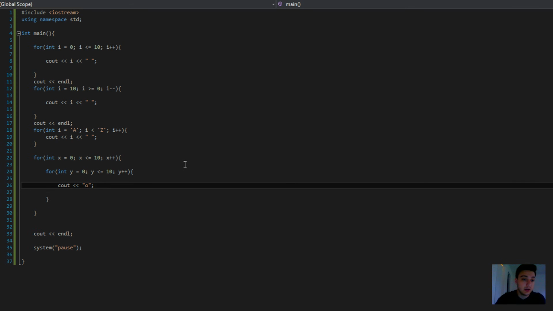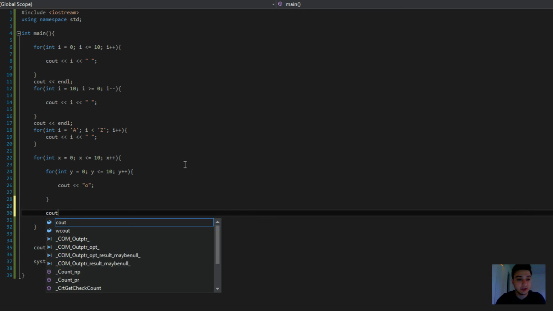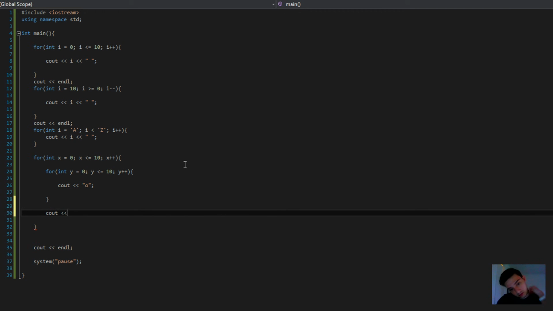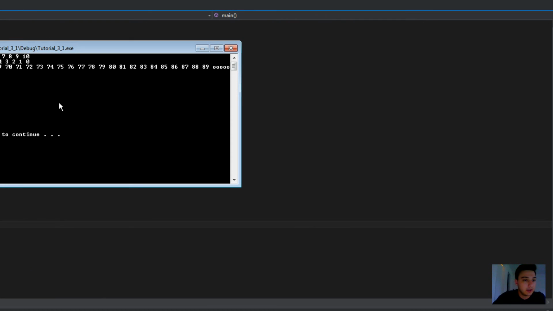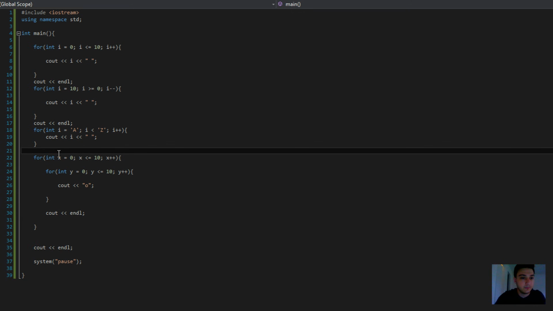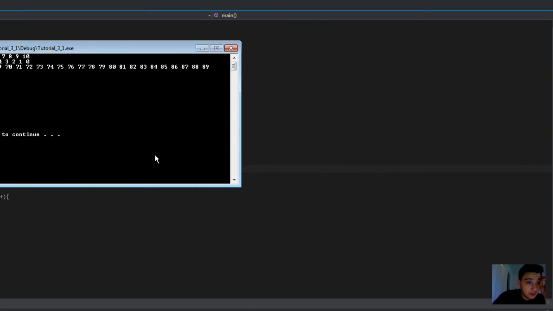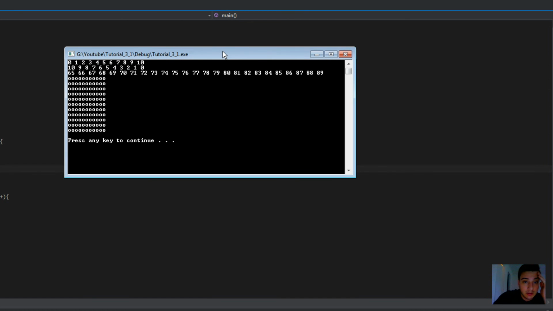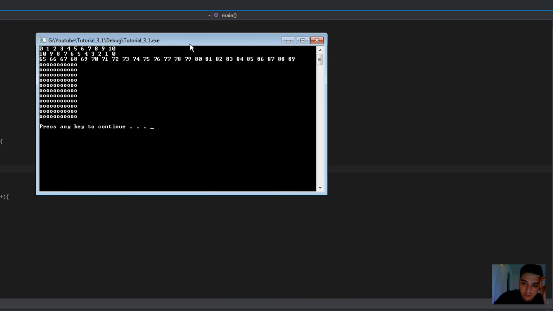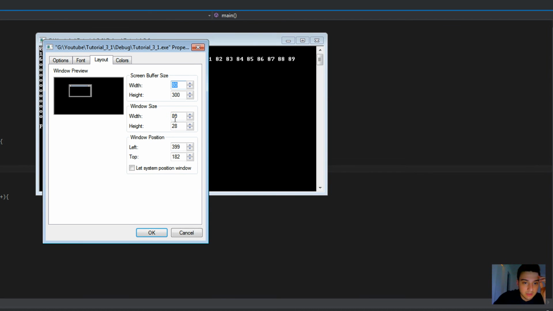And then inside the x, for every time it finishes a line of them, we want to make it skip a new line so that it looks good. And then this should display sort of like a grid system, which did not, oh, it did work, except there wasn't an endl before it. So yeah, there's a kind of decent looking grid system. You can make like a battleship game or something. I mean, we can make a game in a few videos from now. I'll teach you guys how to make like a basic maze game or something. But yeah,